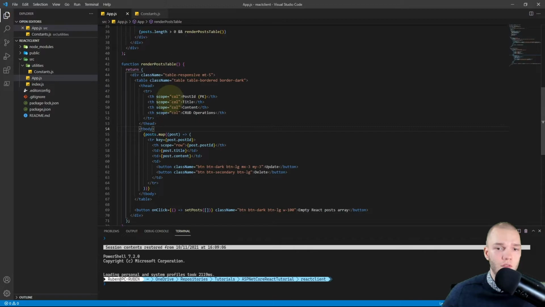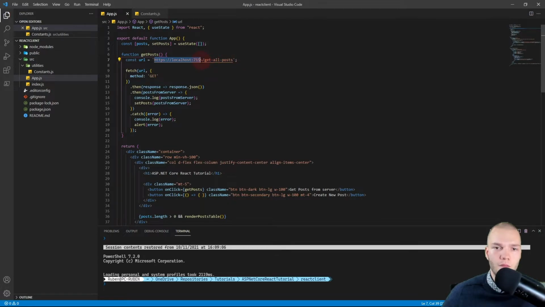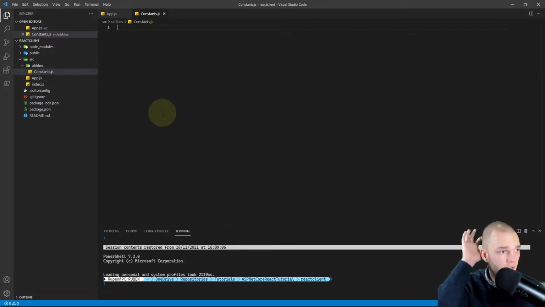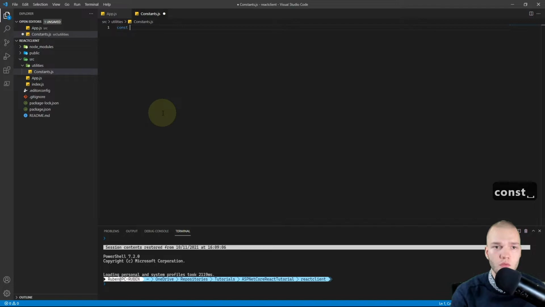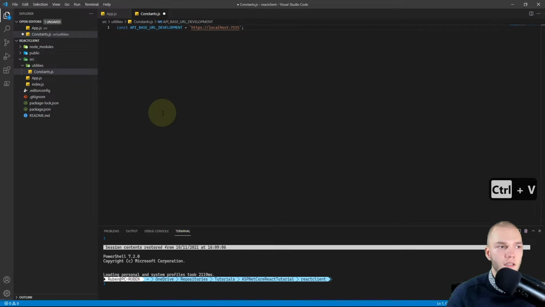So back in app.js, I'm just gonna copy the server URL from the fetch request without the slash, and then in constants I'm gonna declare our first variable, which is const, and then I'll just capitalize everything and then put underscores for spaces. So I'll do API_BASE_URL_DEVELOPMENT equals, and then I'll do single quotes for a string and paste the